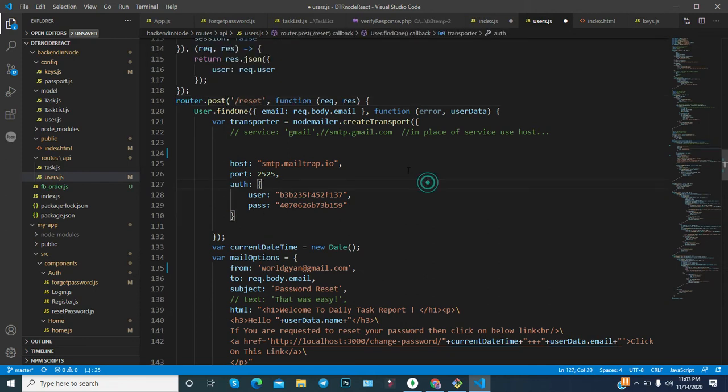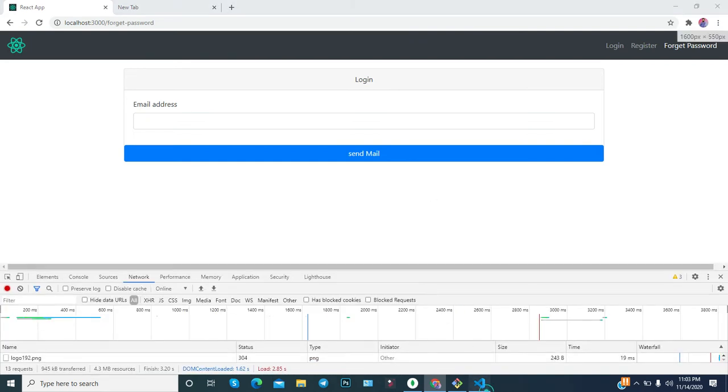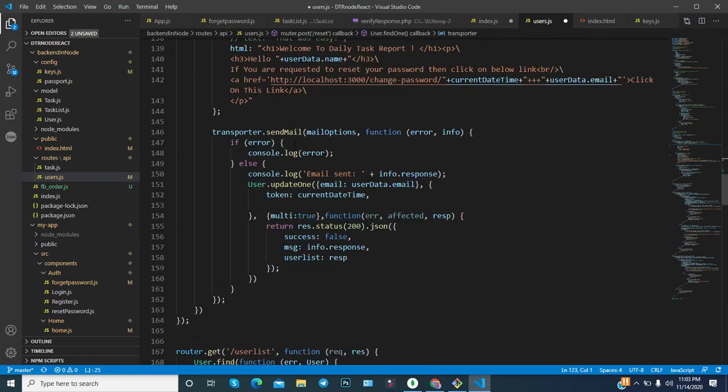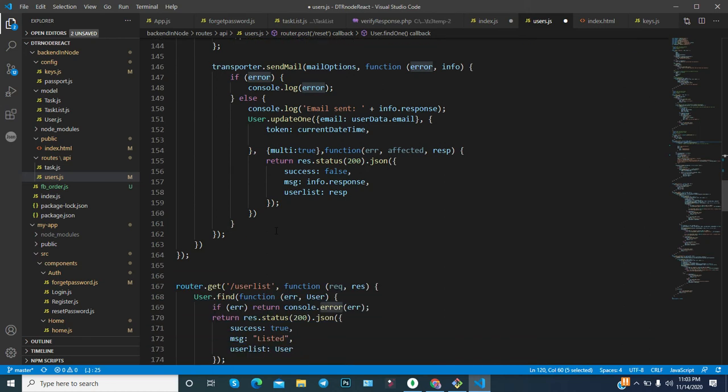Now what is it doing? Basically this will send the mail to that particular email ID. User.find first tries to find out whether that email ID already exists in the database or not. In this particular case, as you can notice, there is no response, which means user ID not found. Here the if condition is not written. It means that if the user is not found, then you have to pass the detail that the user ID is not found.